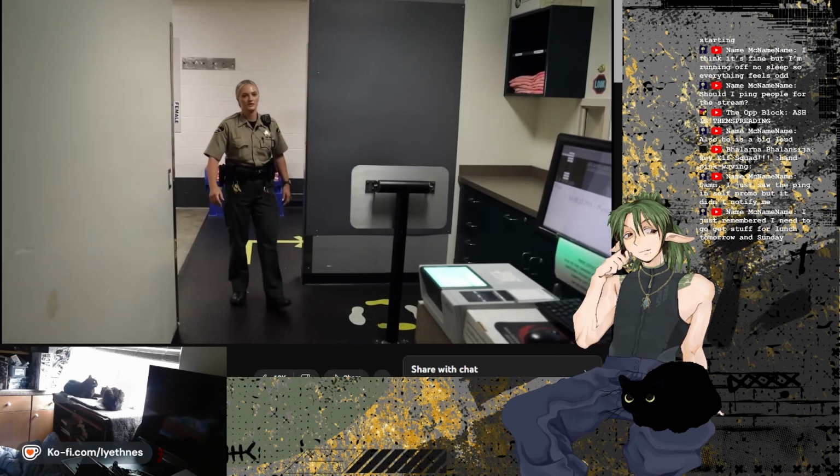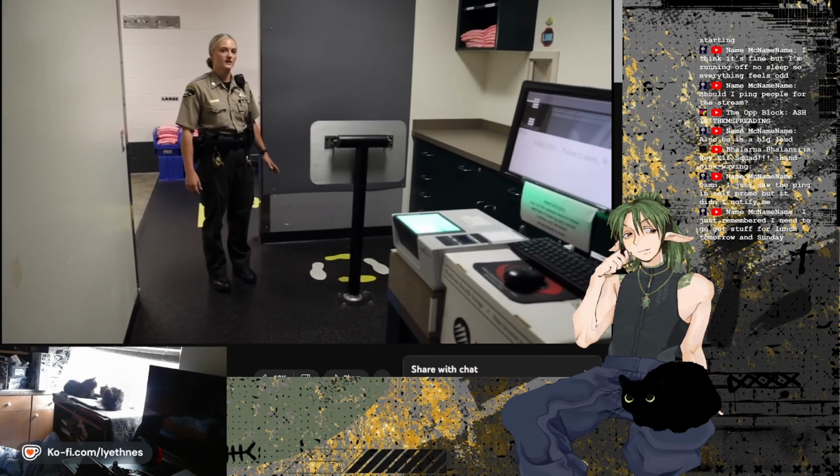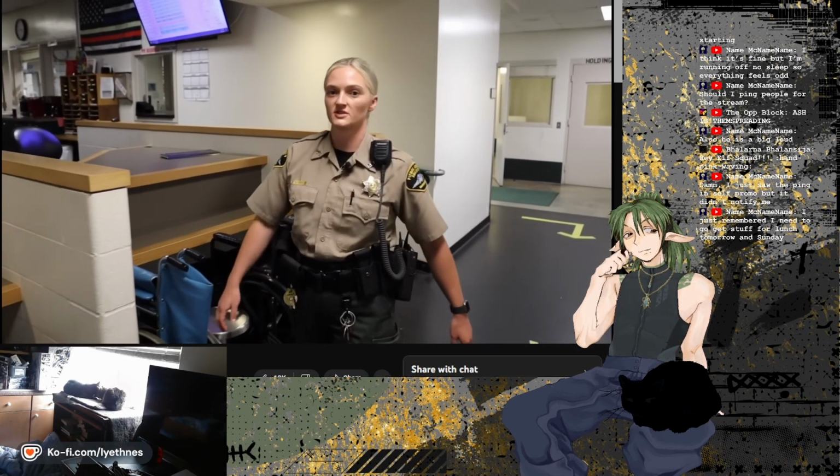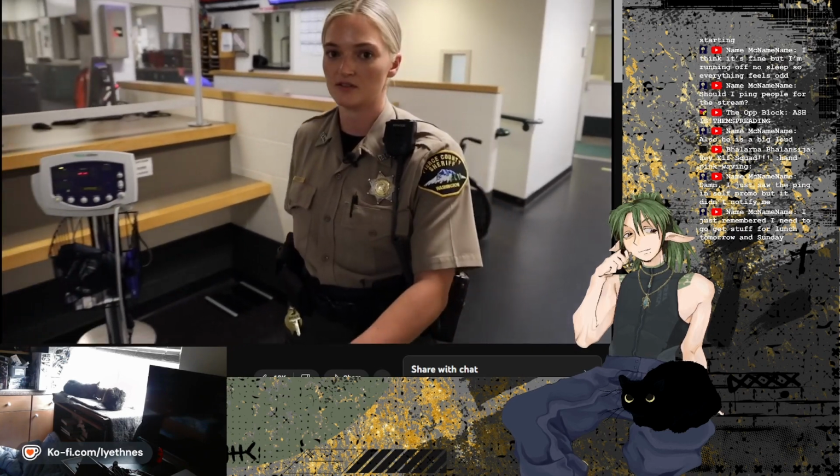Once individuals have been booked into the system, they're brought over here so that they can get their photos done, as well as their fingerprints. Once their fingerprints and photos are taken, they're brought over here to speak with the nurse, and they provide all